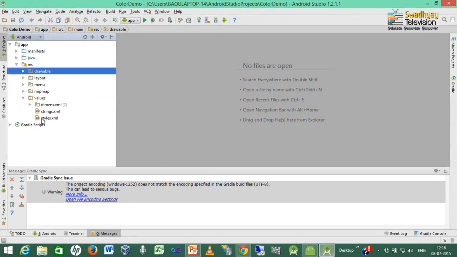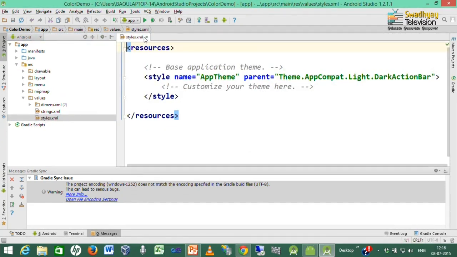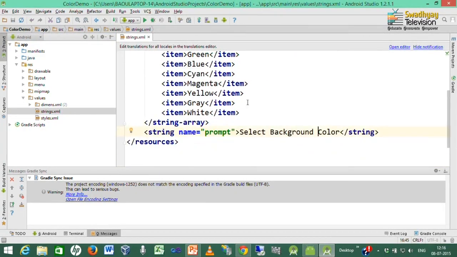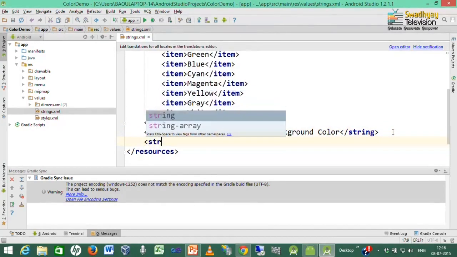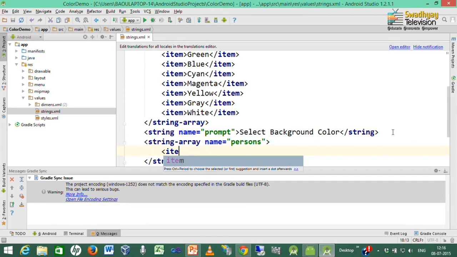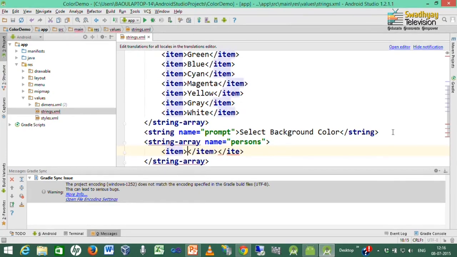Next, we want to create an array of person names inside the string.xml file. So, likewise color names, I declare one string array, and the string array name is persons, and inside these items I write down names of persons.